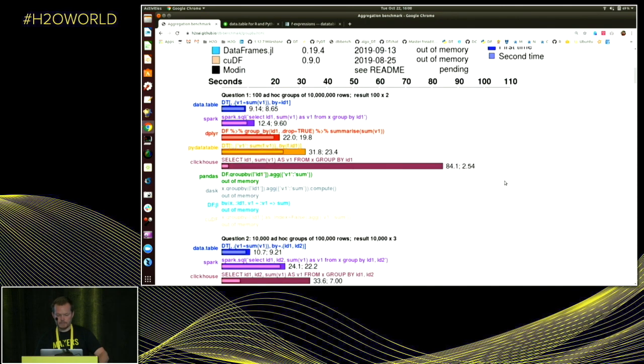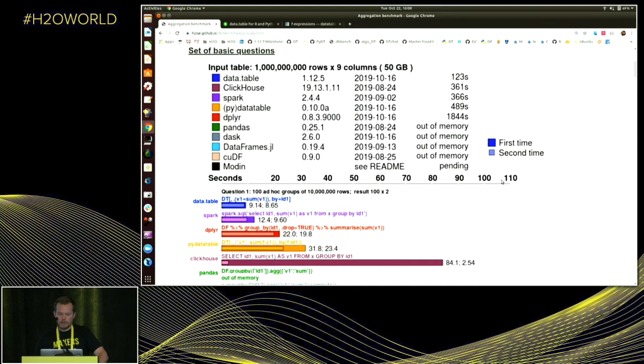So we have 5 tests, each repeated twice, and then we sum up the 10 numbers, put them in the table. So these numbers are the sum of the 10 runs, and then it's sorted by time. And it's not a blog post because it's updated regularly. So we have the date of the package, so we use dev versions, the version that we're testing, so Pandas is the latest